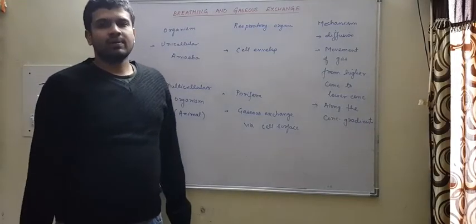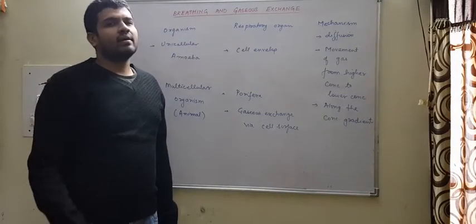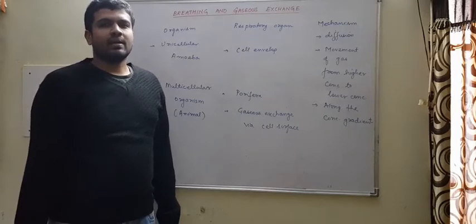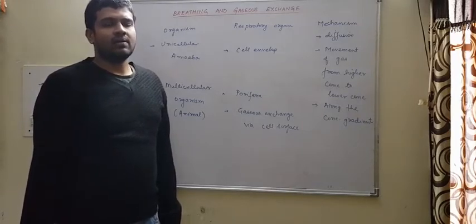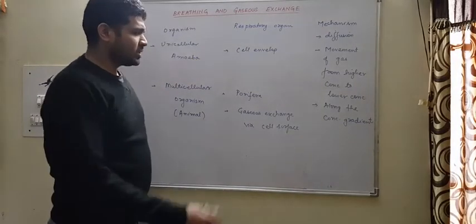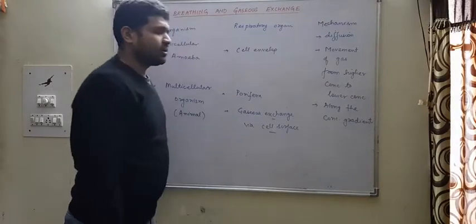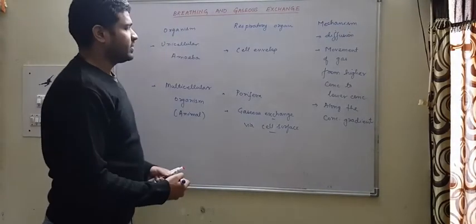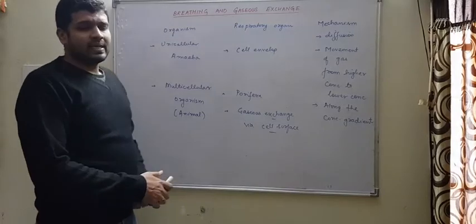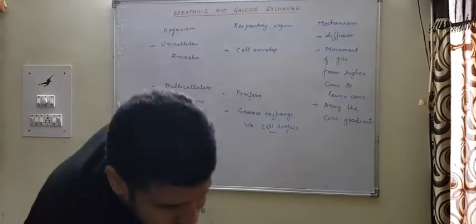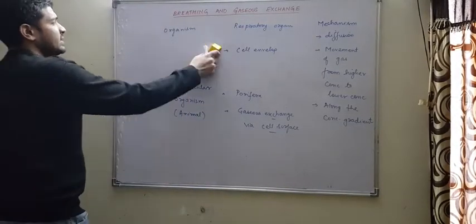We know that poriferans have a cell aggregate type of body plan and a cellular level of organization. So here too, where do we see gaseous exchange? It is taking place via the body surface, the cell surface. After that, let us see an example of some other multicellular organisms.